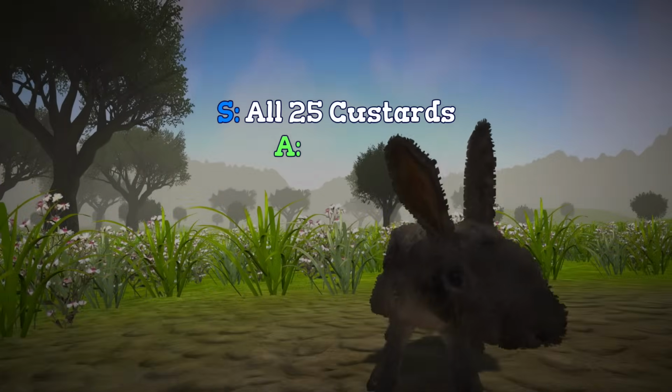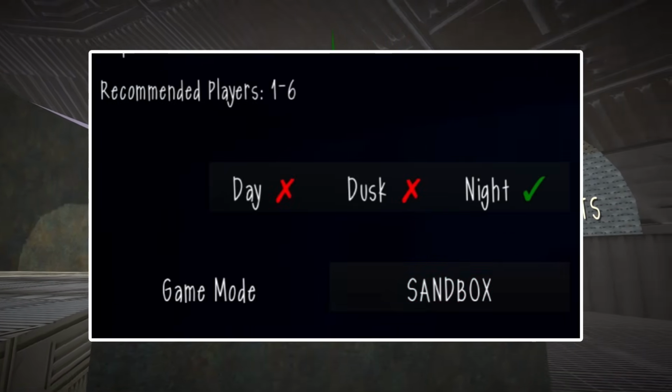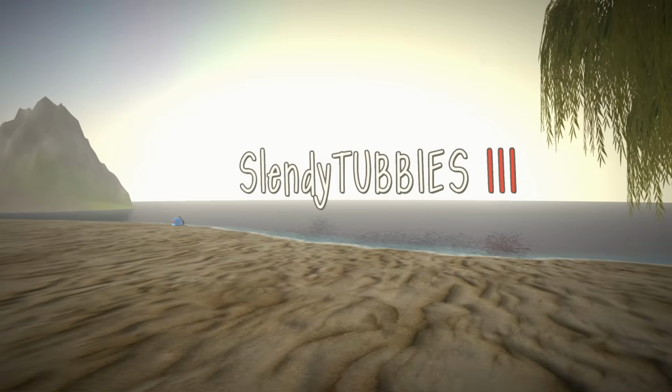I naturally want to be playing on the map with the least vision possible, so any map with a time mechanic will automatically be set to night. In order for me to be, I guess, satisfied with the level, I need to get at least a C